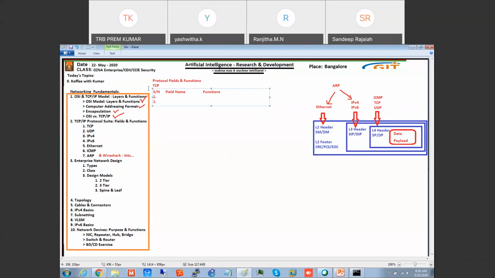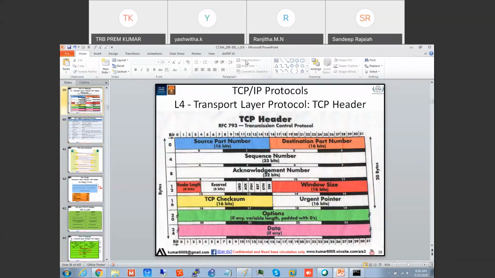We'll do this for all 5 protocols. First 5 protocols we'll do it. Okay, start from this. Now we'll start with TCP. So TCP has 1, 2, 3, 4, 5, 6 is reserved. This is one field. It is called flags. Only the 7th field. And write down like this.